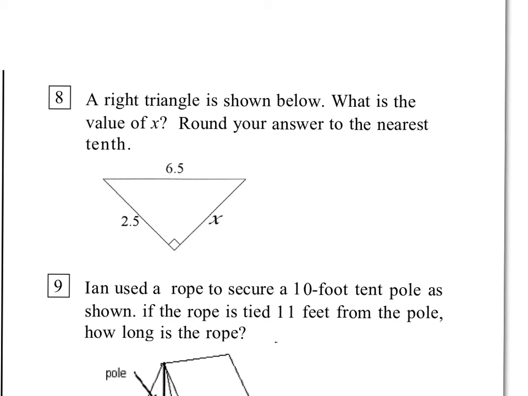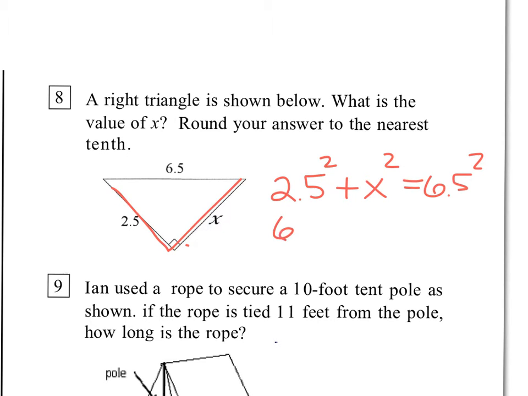All right, number 8, right triangle. There's my L right here. You have to find your L. It's going to mess you all up if you don't find it. Those are my two legs squared equals x squared, and hypo squared. Okay, so 2.5 times 2.5, I'm going to square it. I get 6.25. Plus x squared equals 6.5 squared, which is going to be